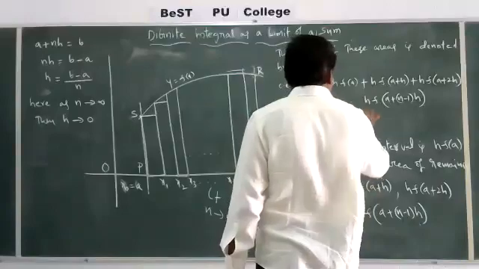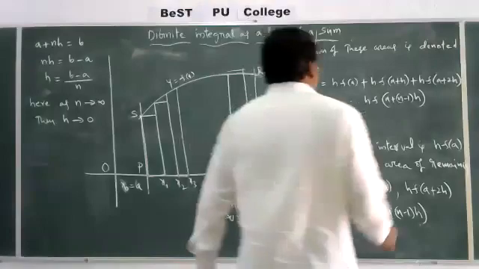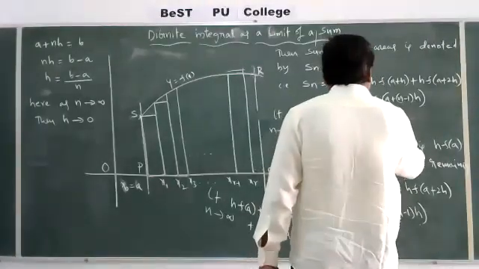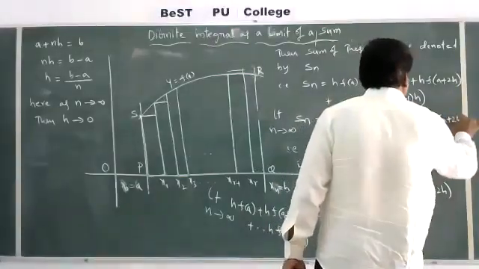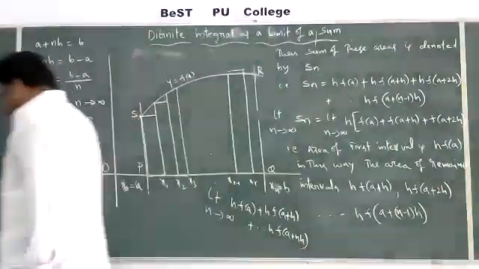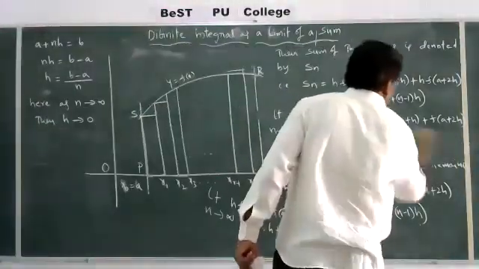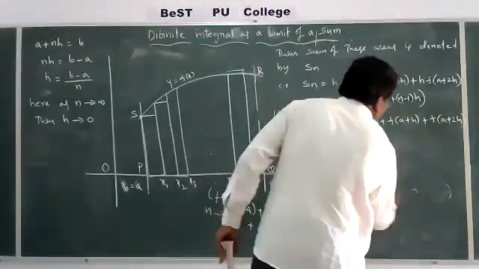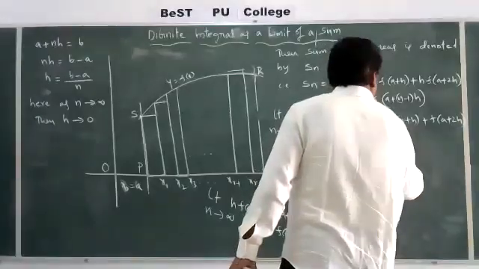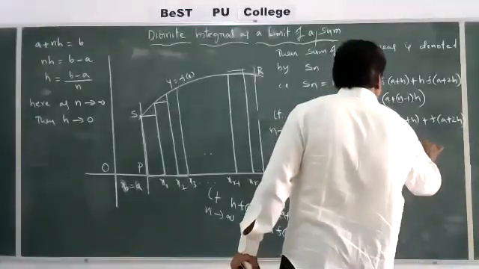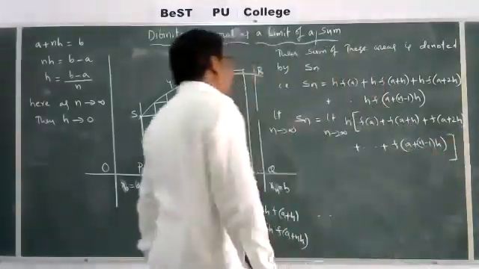Here we are taking h common, as every term has h. h into f of a plus f of a plus h plus f of a plus 2h and so on, plus f of a plus n minus 1 into h,